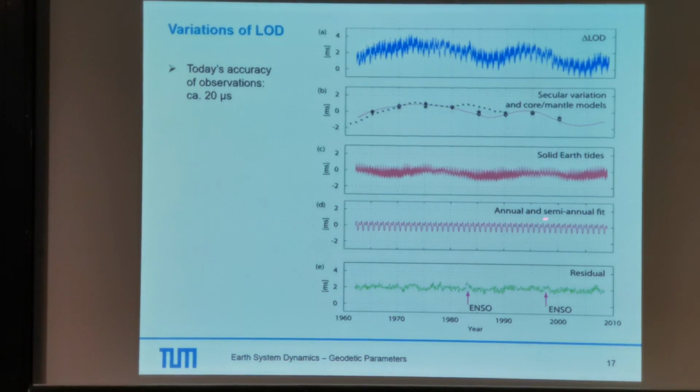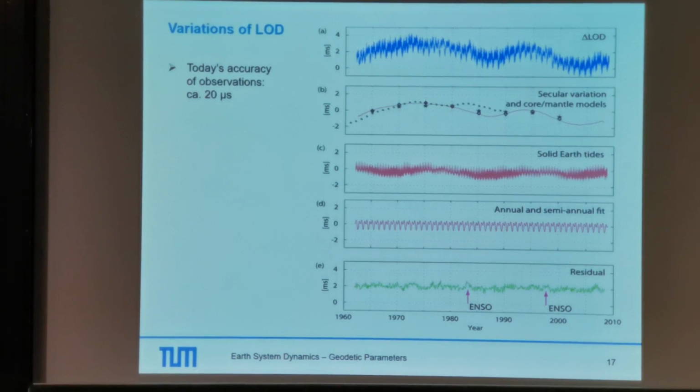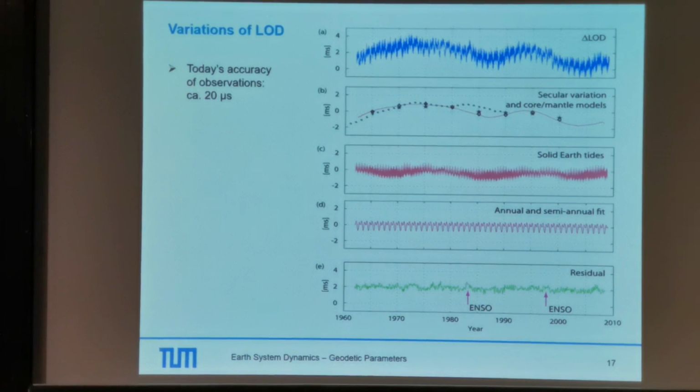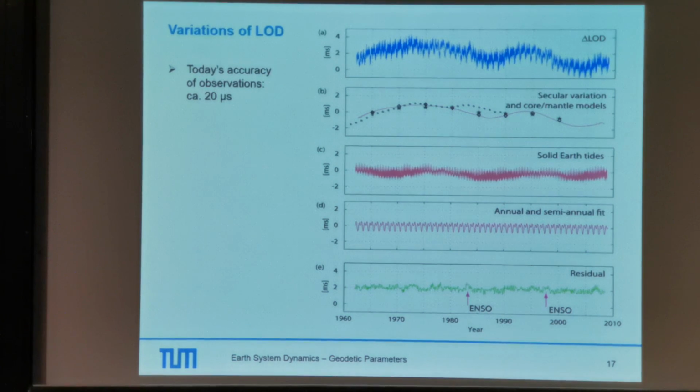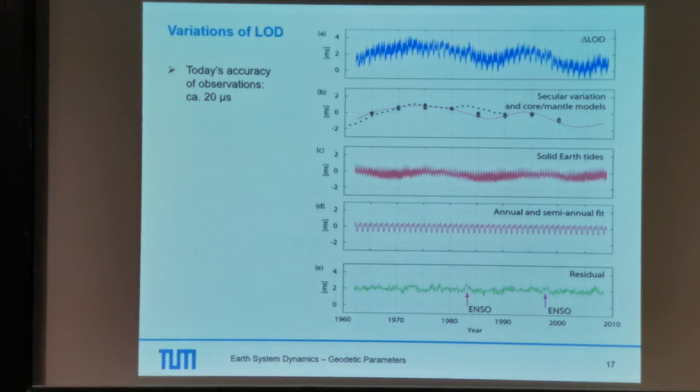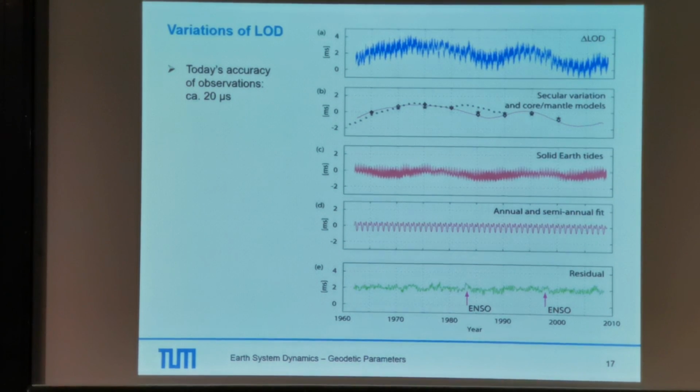the Earth rotation, not on a frequent basis, since ENSO occurs only every couple of years, let's say every 3 to 5 years. We will learn this when we talk about the ocean models, but you see that we still have variations in the Earth rotation caused by the atmosphere and the oceans, which are known, but which we cannot project into the Earth rotation. A prominent example are these ENSO